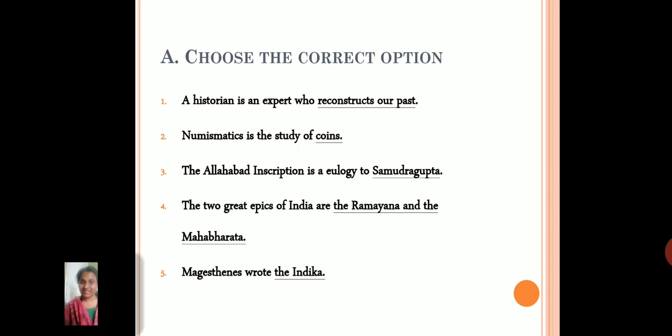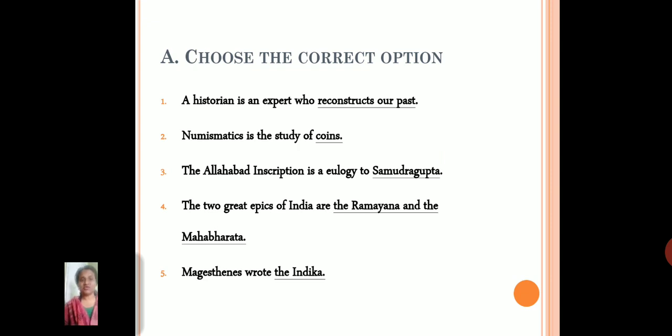Alright, where are you going to write the answers? You're going to write in the textbook. Alright, so are we ready? I hope you all have written the name of the lesson in the notebook and are all ready. Which notebook do you have to use? You have to use a 200 pages notebook. That is going to be your SSTCW. Alright, and let's start the choose the correct options.